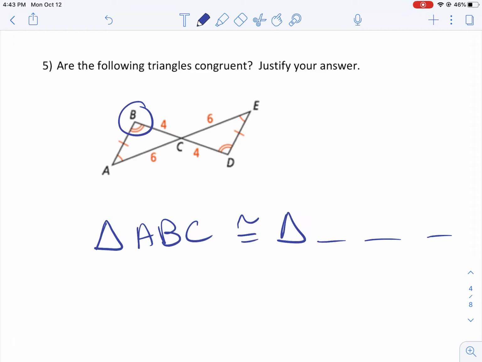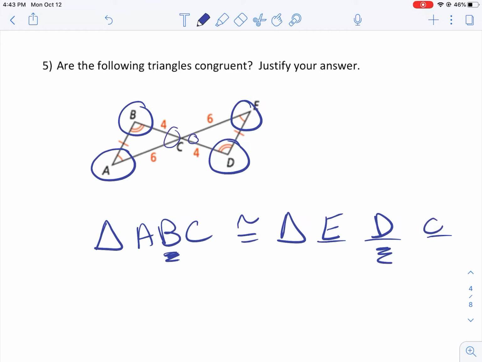Well, I can see that angle B has 2 angle marks, and so does angle D. So angle D must be in the same spot as angle B. Angle A and angle E each have 1 angle mark, so angle A and E must match each other. And the only angle left in each of them is what we would call angle C. So this would be the way that they would match up if they do, but now we need to check